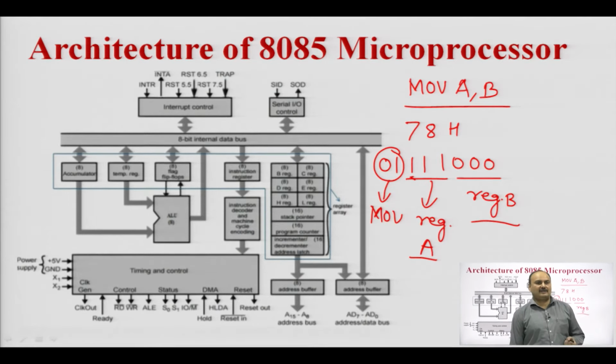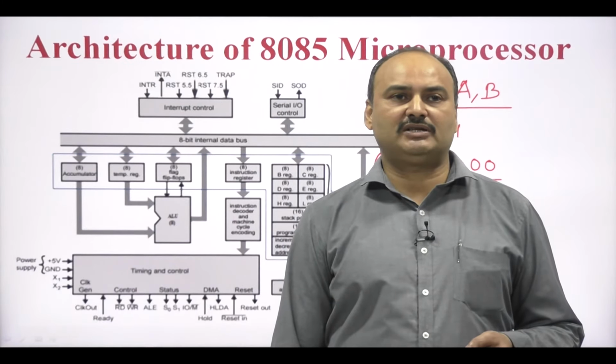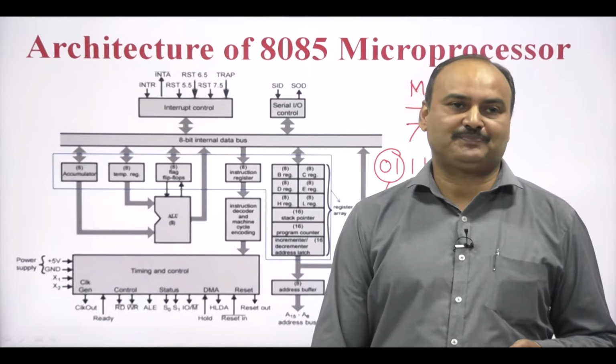the register array will consist of the accumulator register and the temporary register, both 8 bit registers, and the flag register, which is an 8 bit register. The flag register will consist of 5 flags of the 8085 microprocessor. These flags are sign flag, zero flag, carry flag, auxiliary carry flag, and parity flag. With the help of the flag bits, the microprocessor will reflect the result of the operation performed by the arithmetic and logical unit.